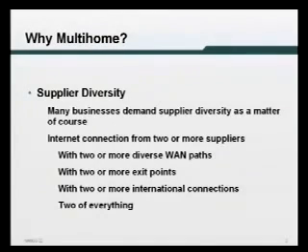So quite typically, you have an internet connection from 2 or more suppliers. They've got 2 or more diverse links to the providers. I hear and see many stories of people who multi-home their networks, but they buy the copper from the same phone company. And the phone company has the problem, and bang, the multi-home connection breaks. So when I do say, I do mean 2 or more diverse wide area network paths. So even if one path breaks, you have connectivity through the other. Through 2 or more exit points,